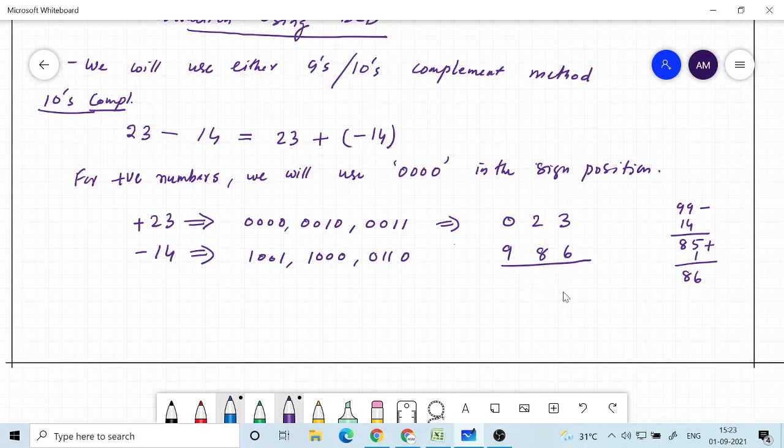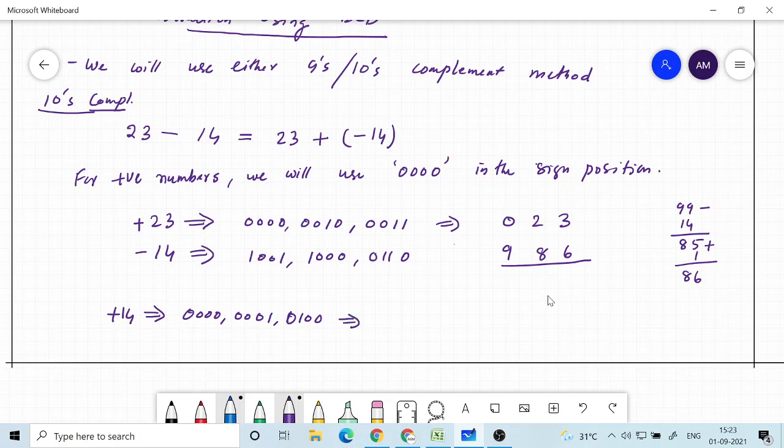A better way to look at it is to start with plus 14. Plus 14 is 0 0 0 0, then 0 0 0 1, then 0 1 0 0. Just like I wrote plus 23, you can write plus 14.